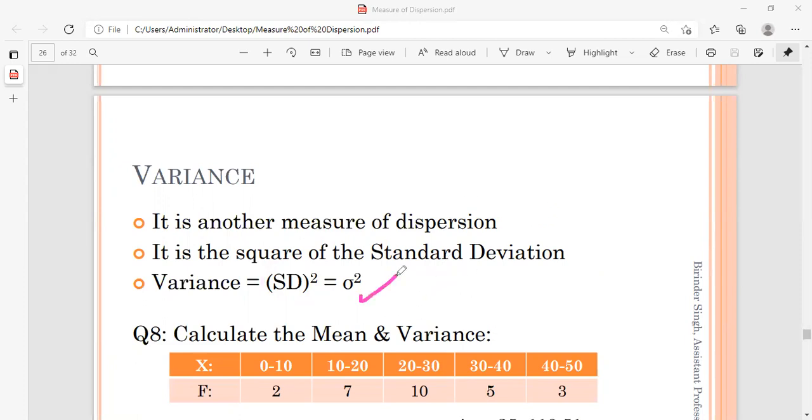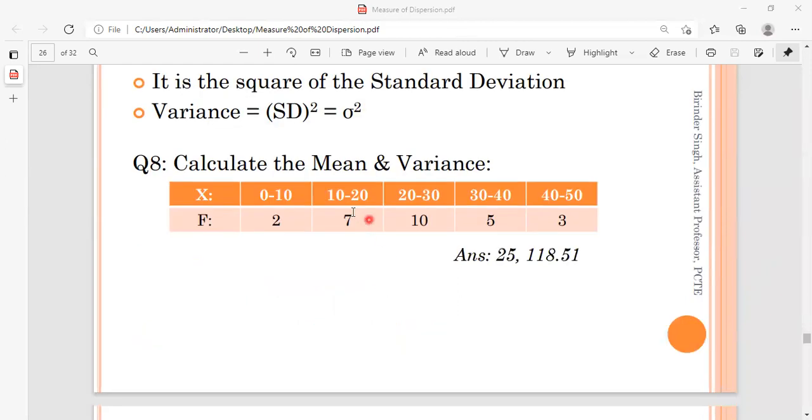So this is the variance, and once you divide the standard deviation by the mean, this is called the coefficient of standard deviation or the coefficient of variation. I have already said this point, and you are advised to compute standard deviation from this continuous frequency distribution. You note it right now.